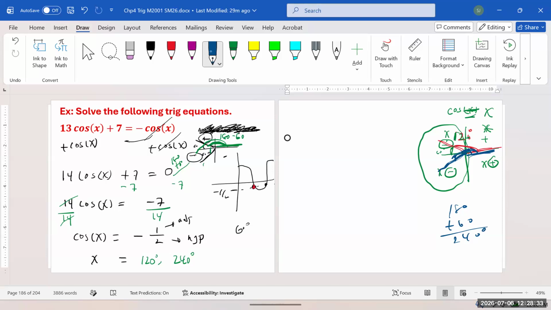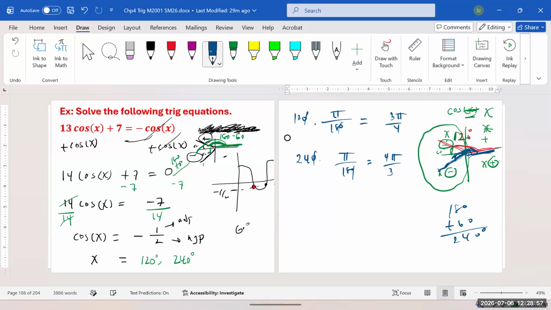But we have to write them in radian mode. So 120 times pi over 180 and 240 times pi over 180. What do you get? 0, 0 cancel out. 0, 0 cancel out. 3 pi over 4 and